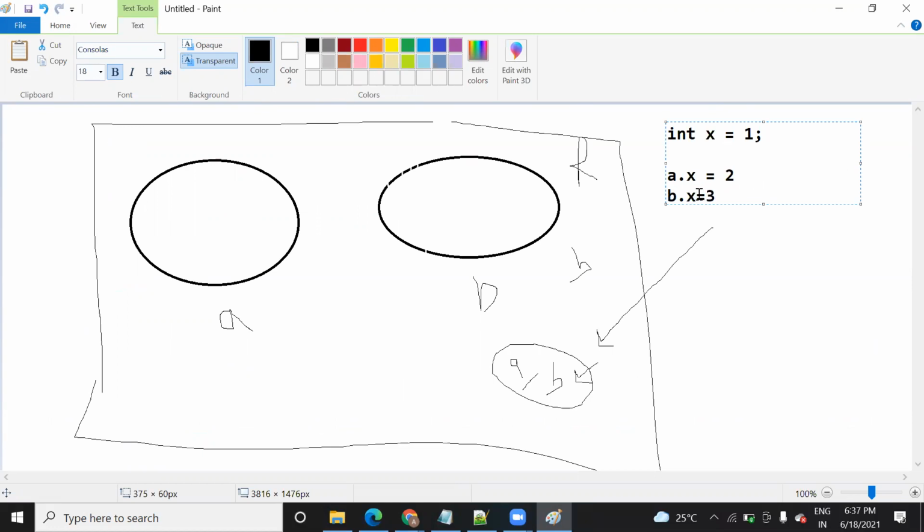So which value of x are you going to print here? It will give you 3. Why 3? Because a and b are objects, and x is a static variable.